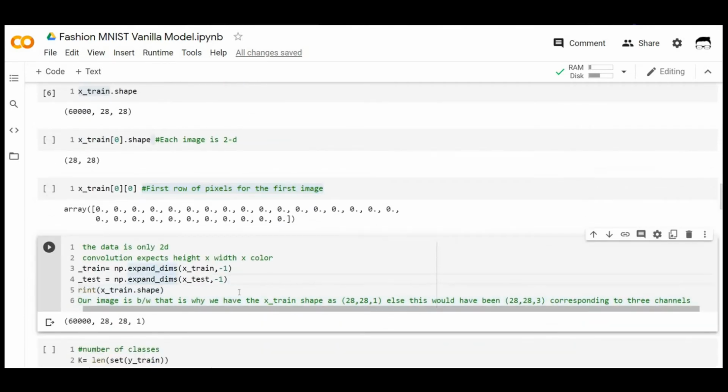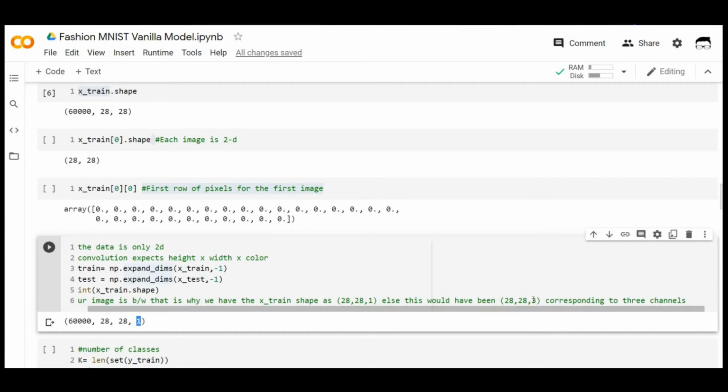Now moving ahead, what we need to do here is add one extra dimension to our images, which in this case would be only 1, because our image is a black and white image. If the image were a colorful image, then it would have been 3, corresponding to red, green and blue, RGB.